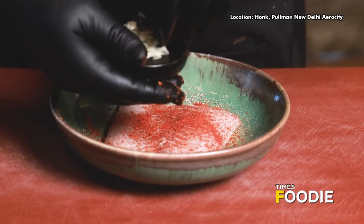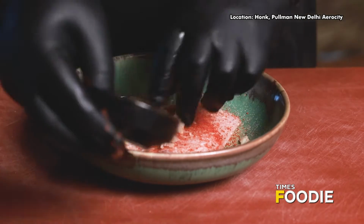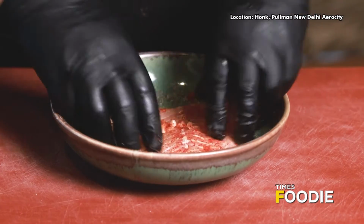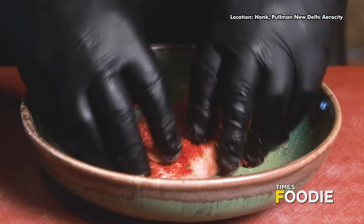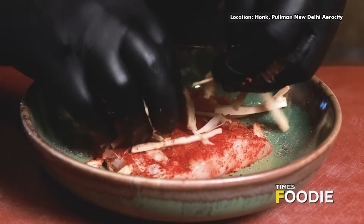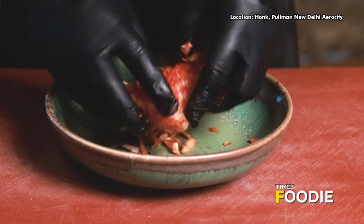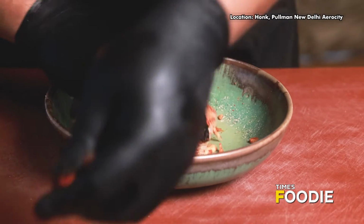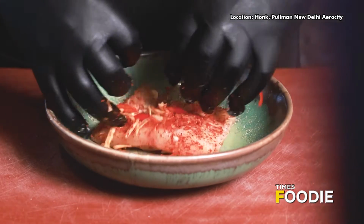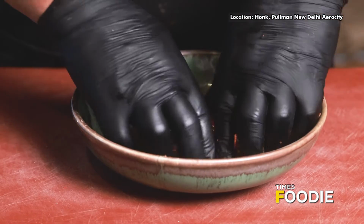Then we add nice crushed garlic, massage properly. Then we add fermented bamboo shoot. Then we add some shredded chilies, green leaves,